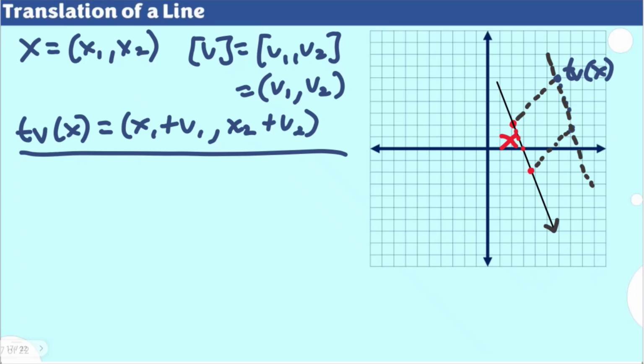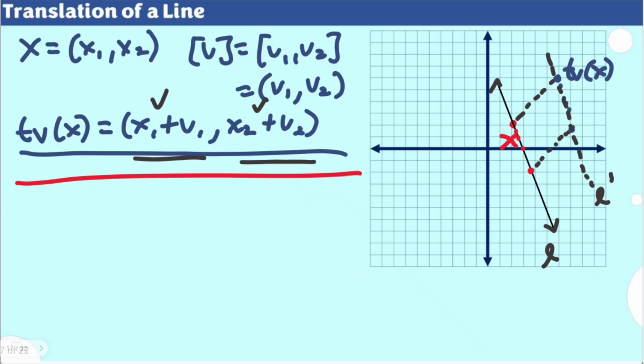So say for example, if this is your line L, you could denote its translated line as L prime. We are just going to use a similar process of adding components, but since a line consists of infinitely many points, we cannot just determine a singular point or even just 2 points, even if 2 points determine a line. Here will be the correct process for translating a certain line.